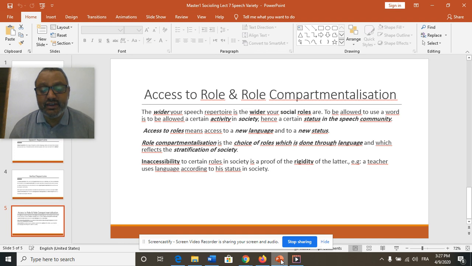Role compartmentalization shows that societies are most of the time rigid. That is, they are organized into levels, into layers, and accessing those layers, or, as we say in general in English, climbing up the social ladder, is not something easy to do. So, anyway, if